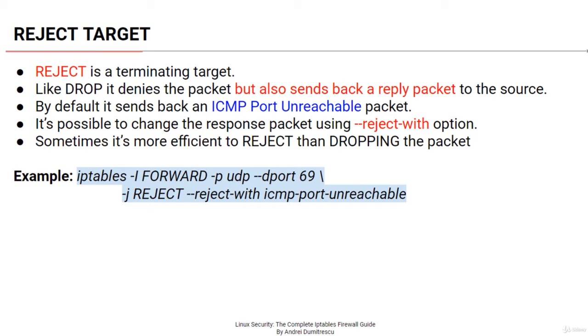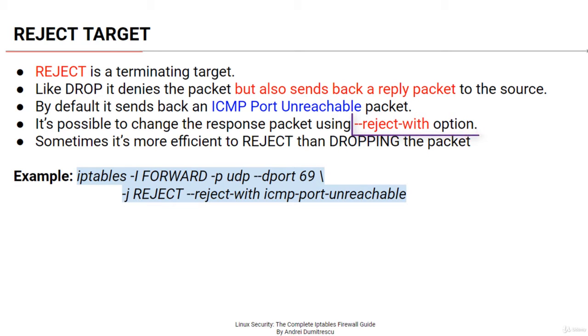Now that you know in detail what the port states are, how to check what ports are open on the local machine, and how to scan ports on remote machines, I'll move ahead and talk about reject. Reject is another terminating target, and like drop, it denies the packet, but also sends back a reply packet to the source. By default, it replies with an ICMP port unreachable packet,